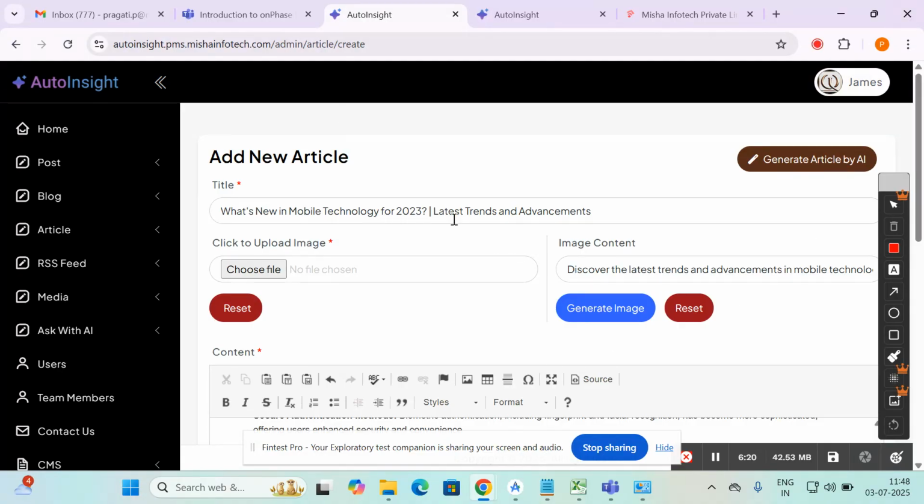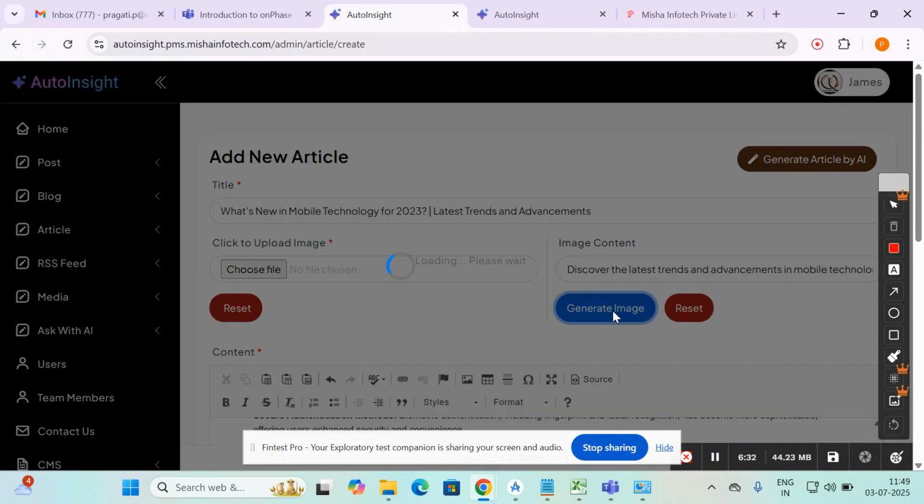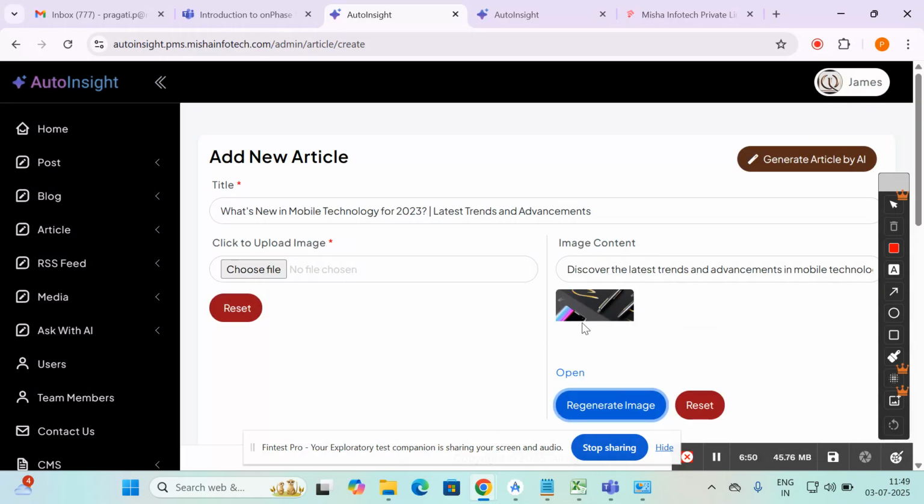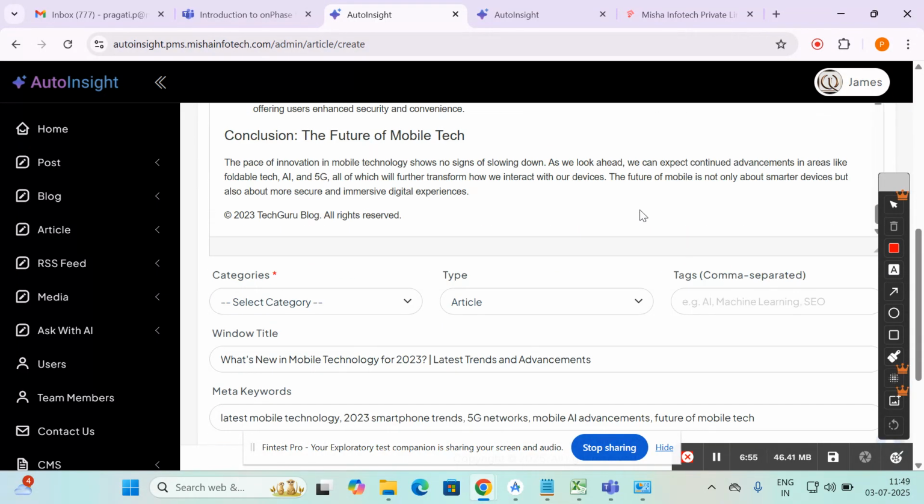Now add the image. For image, it also has two options: upload image from device or upload image from AI. You can generate image. The image is generated.